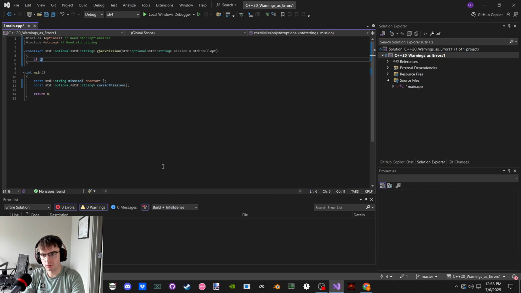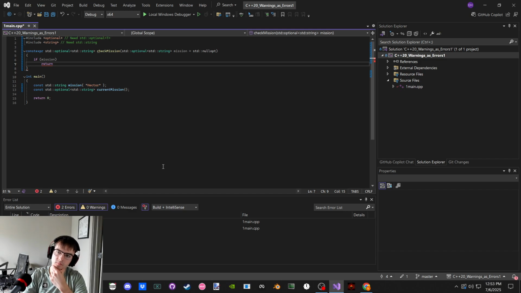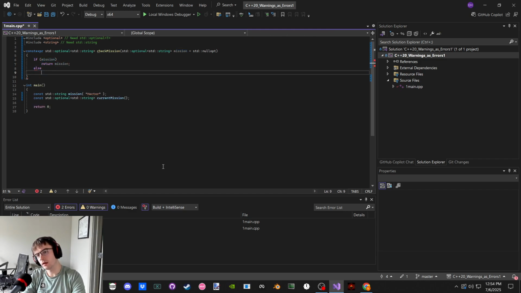And if mission return, well, let's see. Return mission, else return. Well, this would be converting to standard string. Might not be a big issue, but no valid mission.